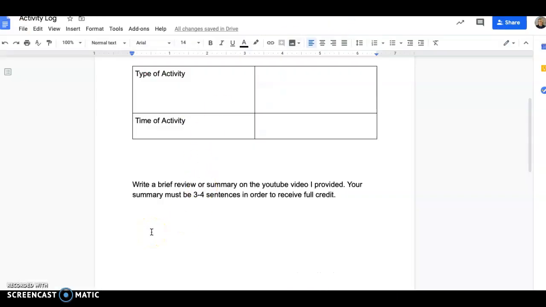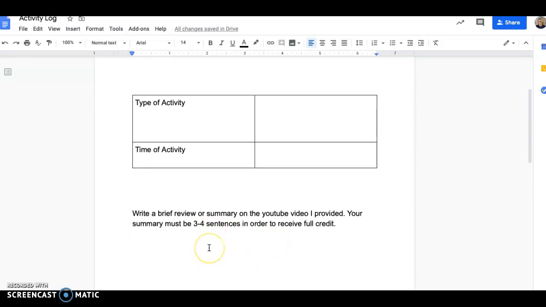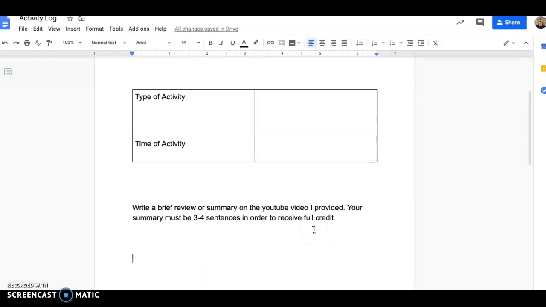And you can write what exercises he did, how many times did he take a break, what muscle groups do you think he's working out, or you can even write about what components of fitness that deal with this video. So, is there muscular endurance, flexibility, muscular strength, whatever, those type of things. Is he using coordination and agility? So whatever you decide on how to review this video, just make sure it is 3 to 4 sentences, and